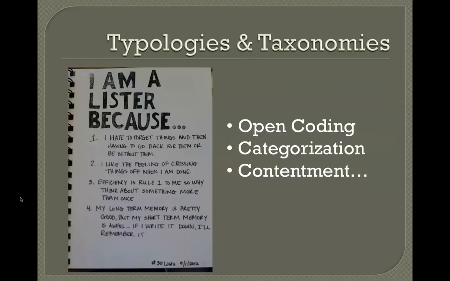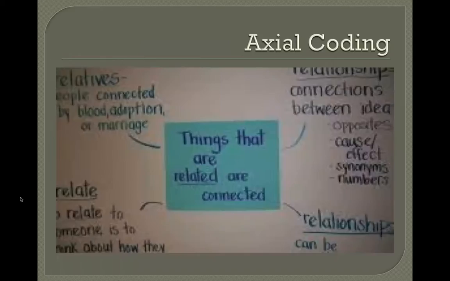And what you need to do is to go back to that's reducing the data. What you need to go back to is this expanding the data. And that means finding the relationships between things. Axial coding refers to the ways that the different categories, labels, whatever you want to call it, that you're finding in your work are related to one another. And it's the next level, the more abstract level of coding and analysis.